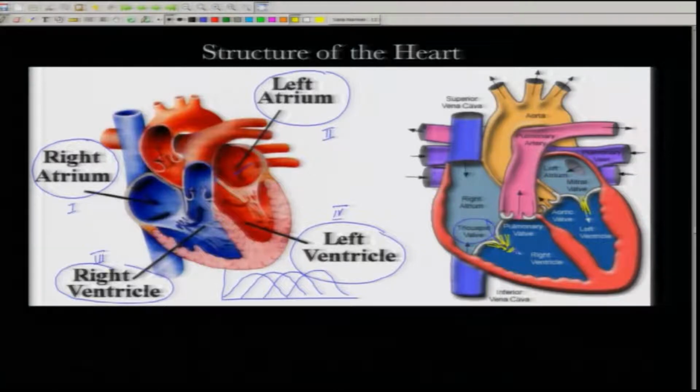And one more thing, there is a pulmonary valve which is ensuring that the impure blood moves along the pulmonary artery, the only artery in your body carrying plus CO2 blood, right. You remember that I told you. And then we talked about the superior and the inferior vena cava, which are bringing plus CO2 blood, here another one, plus CO2